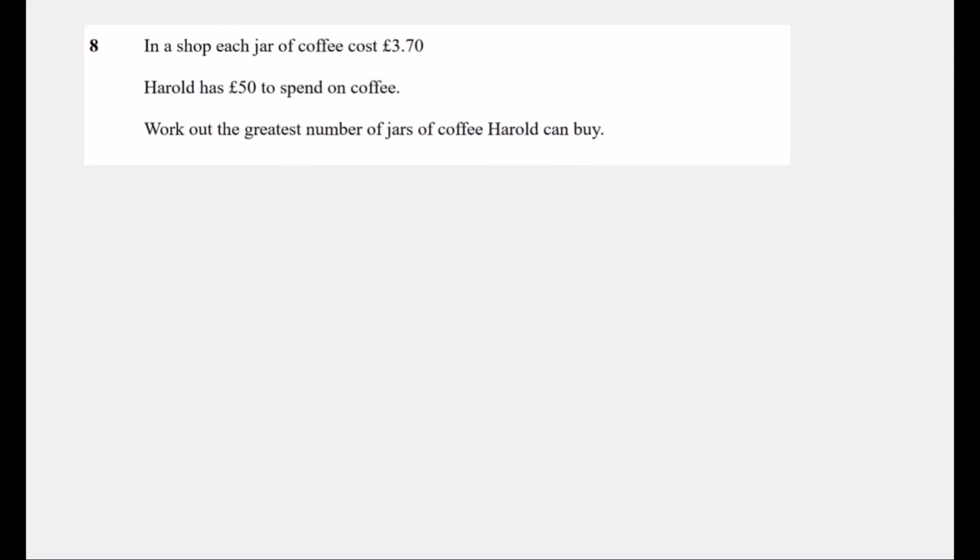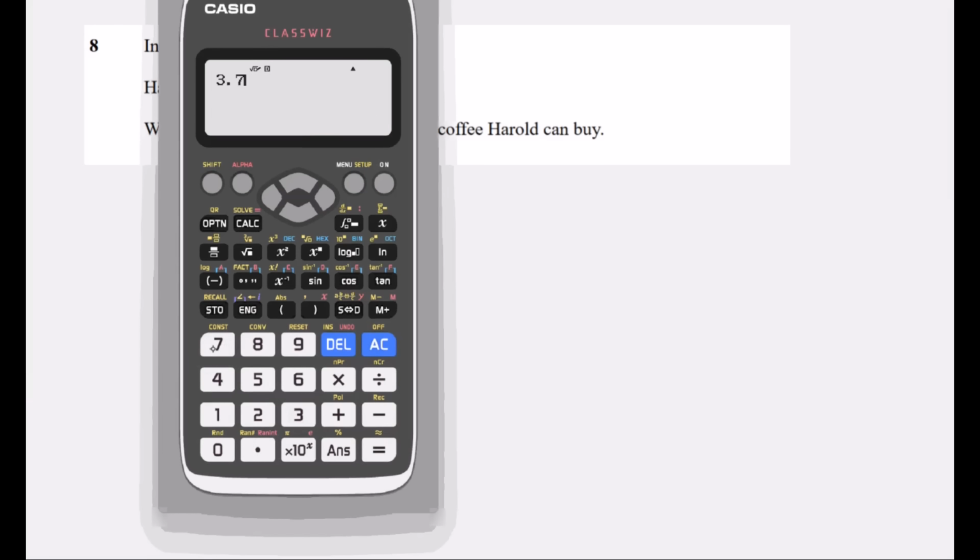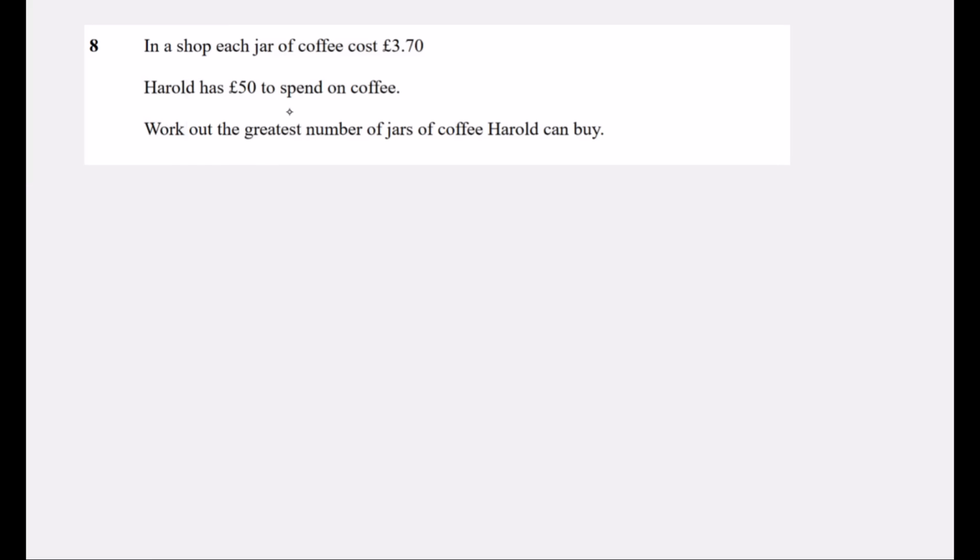Question 8. In a shop, each jar of coffee costs £3.70. Harold has £50 to spend on coffee. Work out the greatest number of jars of coffee Harold can buy. So we could just add up £3.70s. So £3.70 times 1 is £3.70, or 2 of them is £7.40, or 10 of them is £37, and keep going. Or even quicker, if we did 50 divided by £3.70,